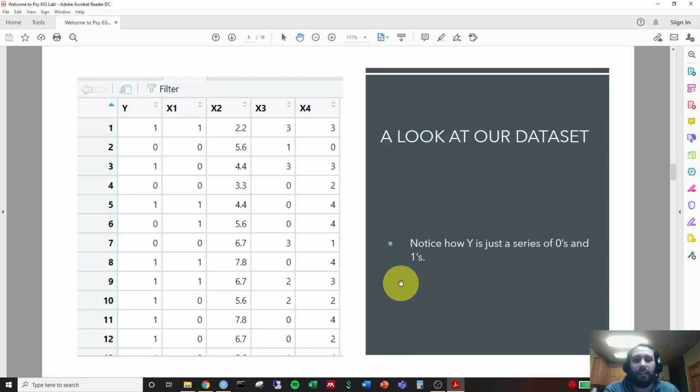Yeah, and I just wanted to get a good look at our data set. So as you can see, in our Y outcome, notice how it's a series of zeros and ones. It's very important that your outcome variable is coded as 0 and 1. If it is coded as 1 and 2, you're going to have to go ahead and mutate it so that 1 means the event occurs, 0 means the event didn't occur. So here we're just saying 1 is the event occurring, 0 is the event not occurring. And then we have X1, which is just a binary variable as well, X2, which is continuous, X3, which is continuous, and X4, which is continuous. Okay, so it's very essential that your data be set up in this way if you're going to be running